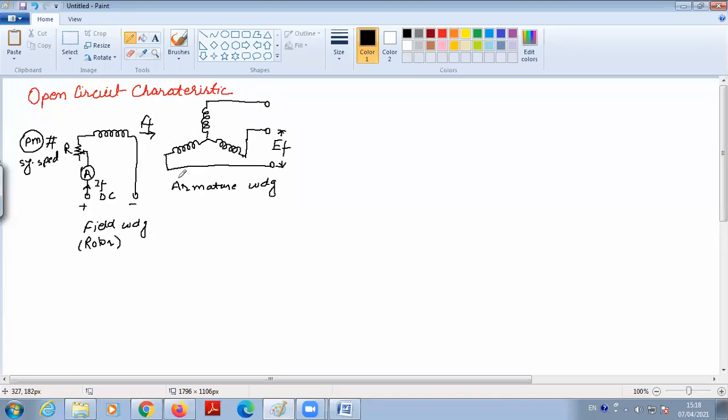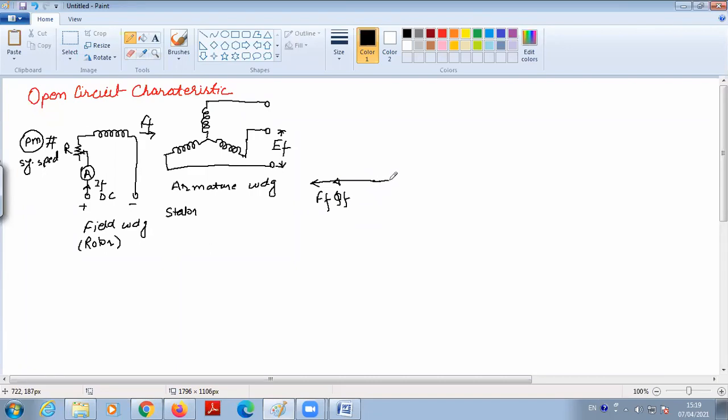Now it is a star connected armature winding, and it is on the stator. So as per our very first or second lecture, it is a rotating magnetic field system. Now what would be the vector diagram? First of all, we will draw the reference value, that is the MMF produced by the field winding, Ff. We can represent it by Ff, field MMF, or field flux phi f, any value.